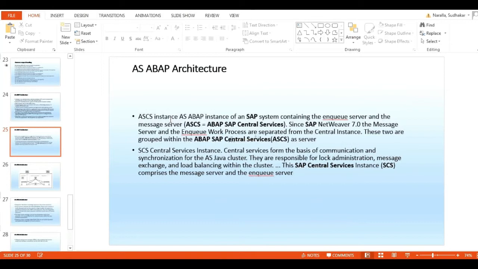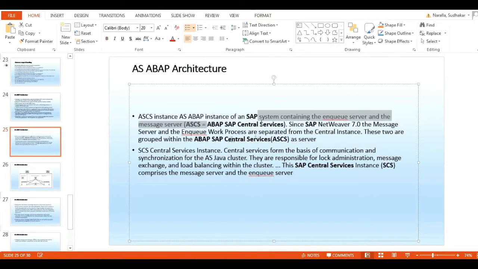If you are talking about a standalone Java stack, we also have a central services instance, right? So ASCS is nothing but the ABAP SAP Central Services Instance. It contains the enqueue server and message server. Since SAP NetWeaver 7.0, the message server and enqueue server work process have been separated from the central instance.